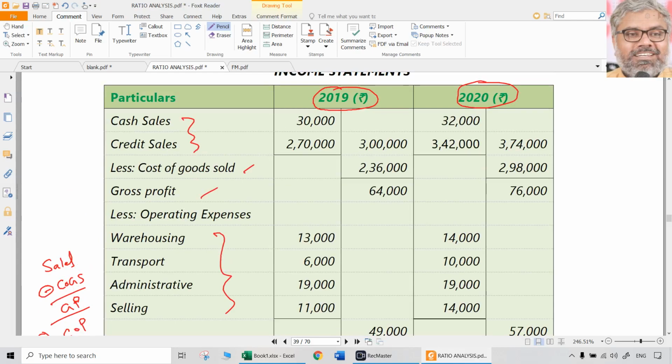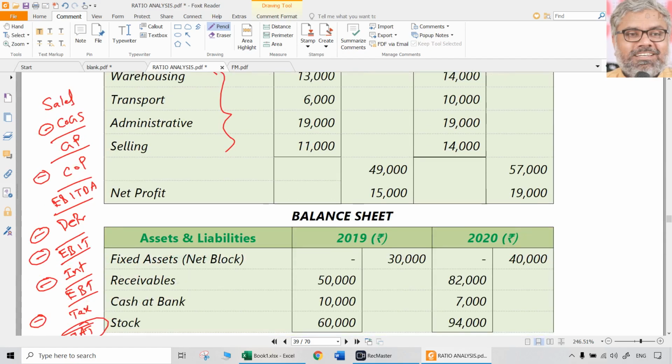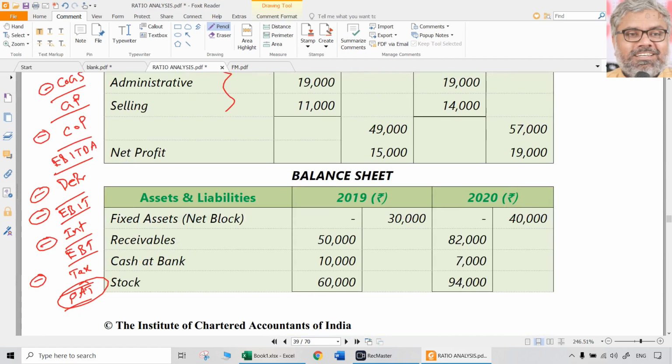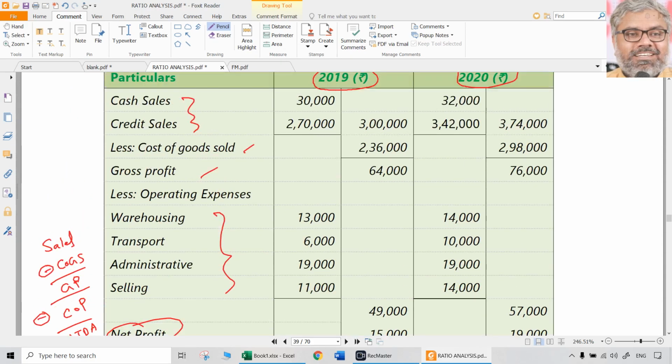It will not work. What question gives, that we have to take. So in this question, it stopped here. Because there is no interest information, no tax information, so automatically that itself is net profit also. Operating profit also is that, net profit is also that. And depreciation separately is not at all given.